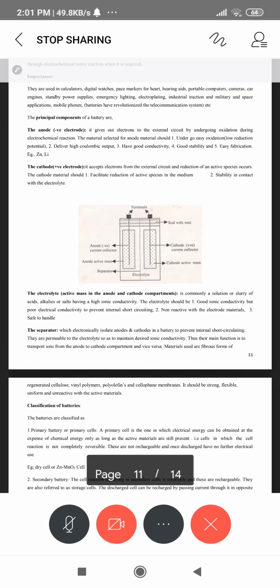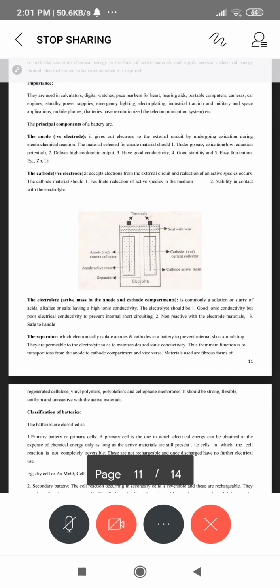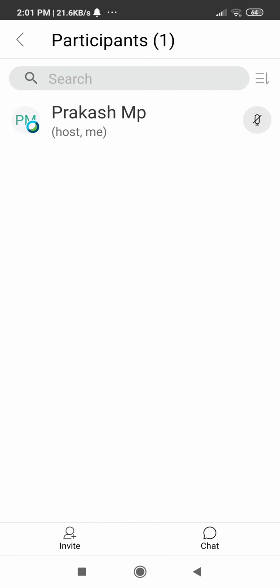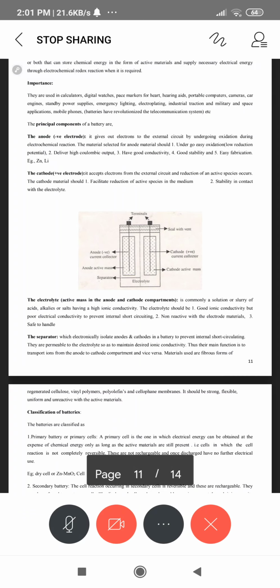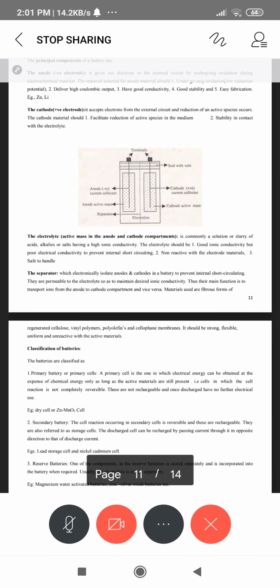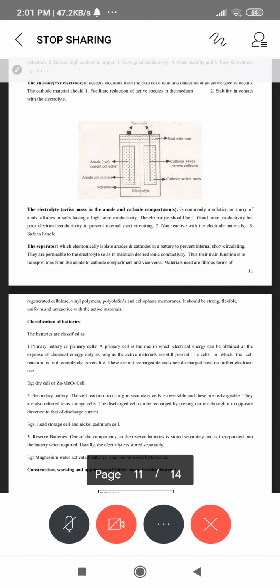Finally, at the time of the anodic and cathodic reactions taking place during discharging, H2O is released. Many times heat is also released, and that heat evaporates the water. Finally, one day, as the concentration of the electrolyte increases, the quantity of electrolyte reduces and it can dry up. That can stop the working of the battery.